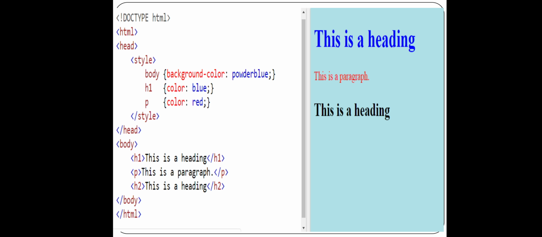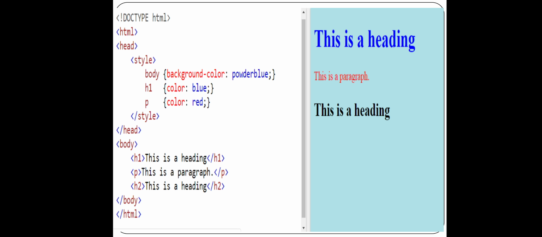For H1 the text color should be blue, right? So you can see the first line, this is heading. It is the H1 tag, means largest heading, and the text color has changed to blue, right? Then the next selector is the P tag. What property is used? Color should have the value red. So for the P tag, all the text enclosed in it will have a red color, right? So you can see on the new line there is a P tag and it has a red color. Why? Because the styling given to the P tag is only that the text color has to be red.